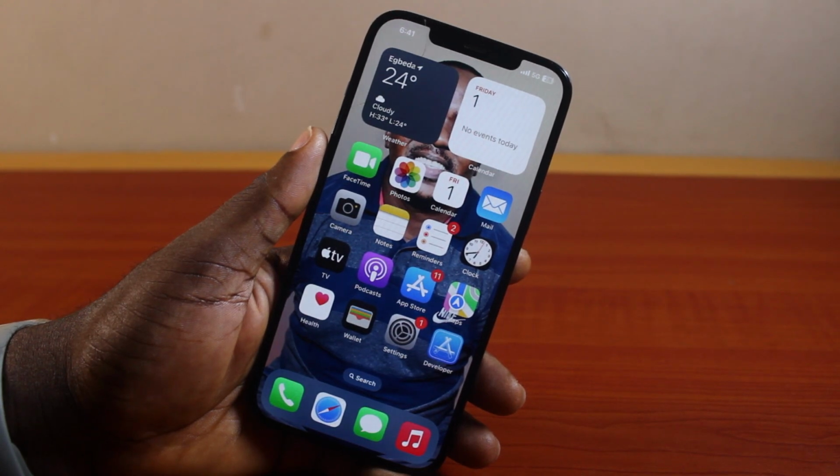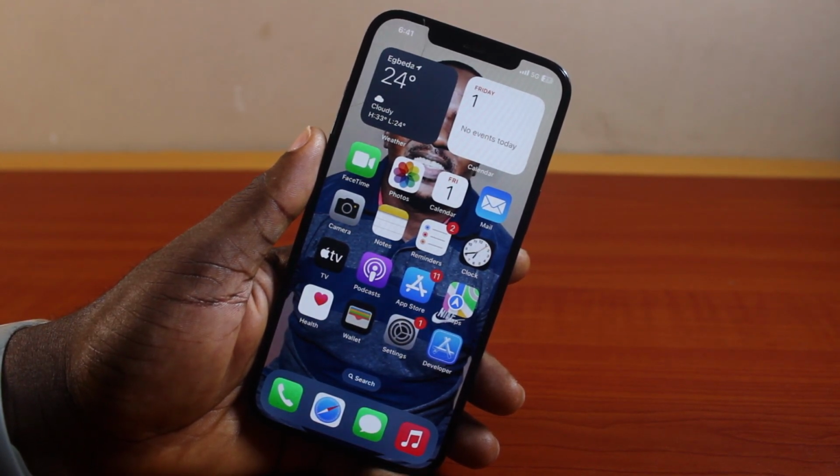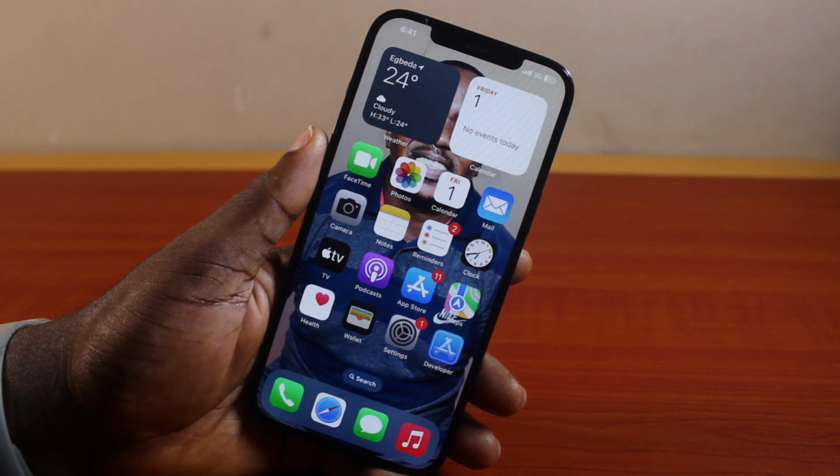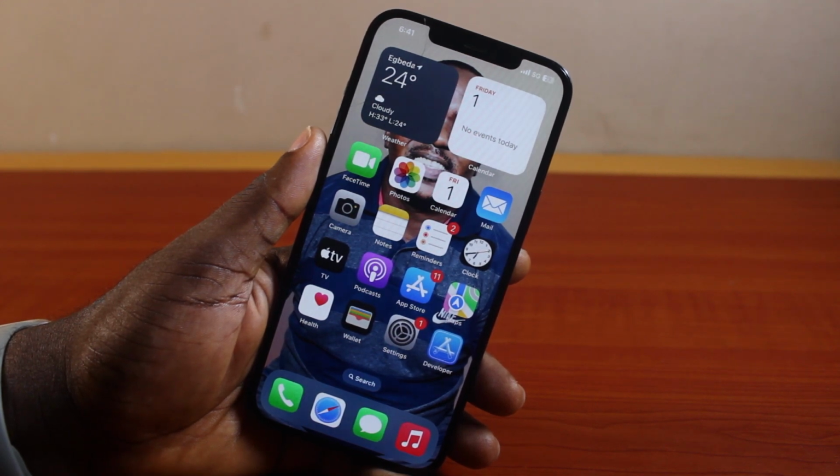How to enable Smart Invert on iPhone 12. So if you want to turn on Smart Invert on your iPhone 12 series, iPhone 12, iPhone 12 mini, iPhone 12 Pro, and iPhone 12 Pro Max, then this video is going to walk you through how to do this